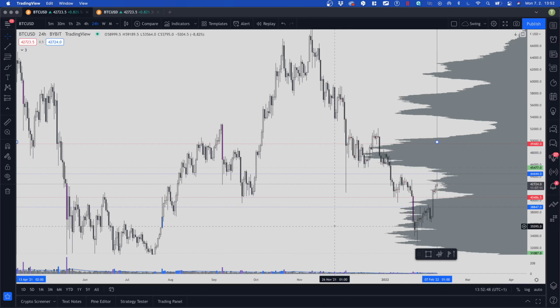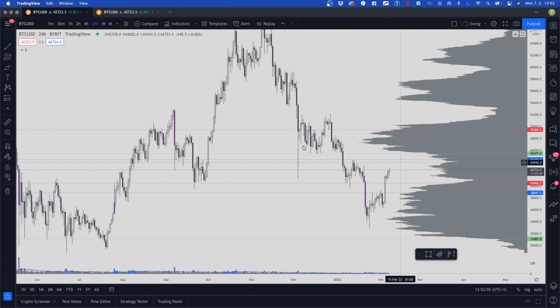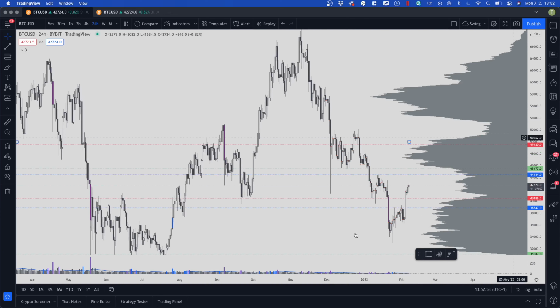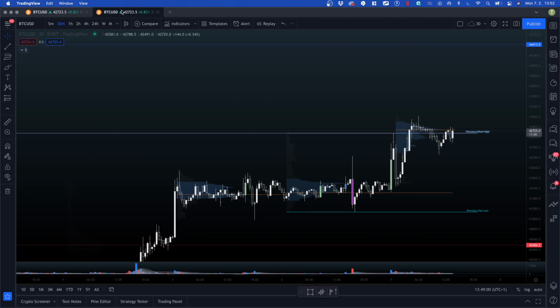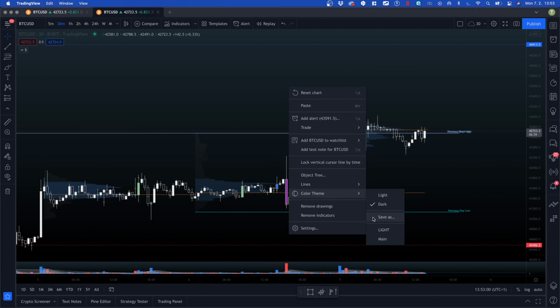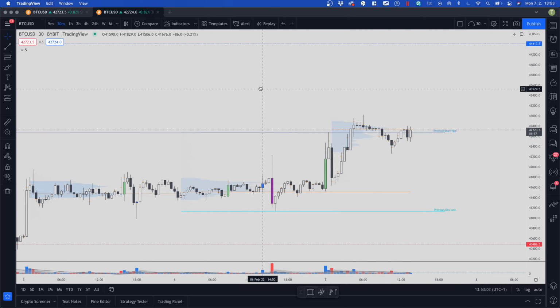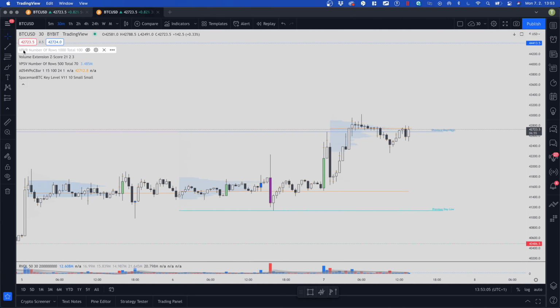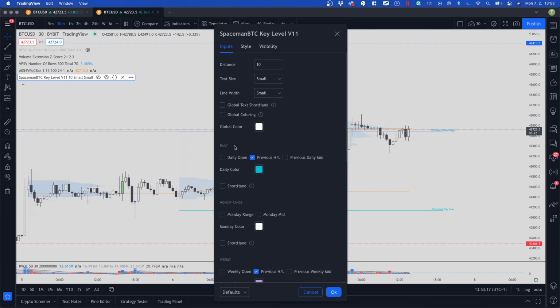everything like this. When I draw levels on higher time frames, I'm just zooming out and have the whole thing here. Okay, so then I have the 30-minute chart here. Let me just once again change this to the light settings, and the things are pretty much the same. I have the POC per bar, I have the candle coloring, I have the relative volume indicator, and then I have the spaceman key levels, which are these